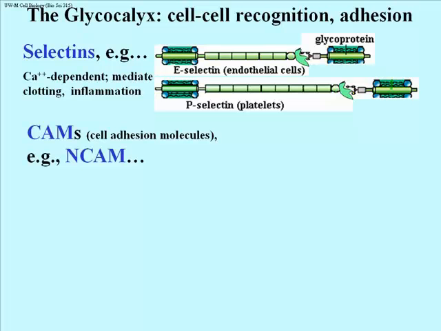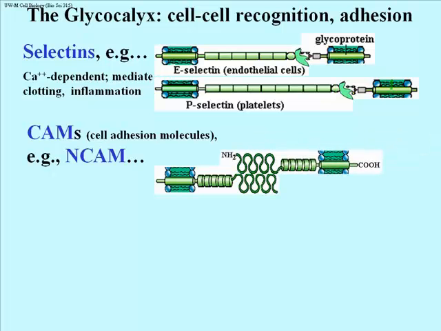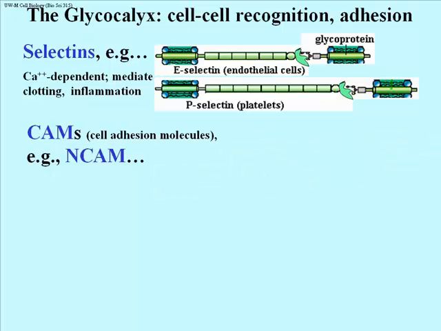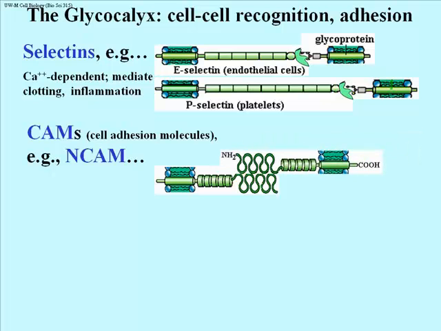The first ones, and perhaps most well known, are neural CAMs, or neural cell adhesion molecules, called NCAMs for short. So we'll take a look at those. And what you saw was the appearance of two of them on two different cells, and they're coming together by virtue of the domain at the end, the amino terminal domains at the end of each. This association doesn't depend on calcium. So neural cell adhesion molecules, as you might guess, will mediate neural connections, that is, the attachment of nerve cells